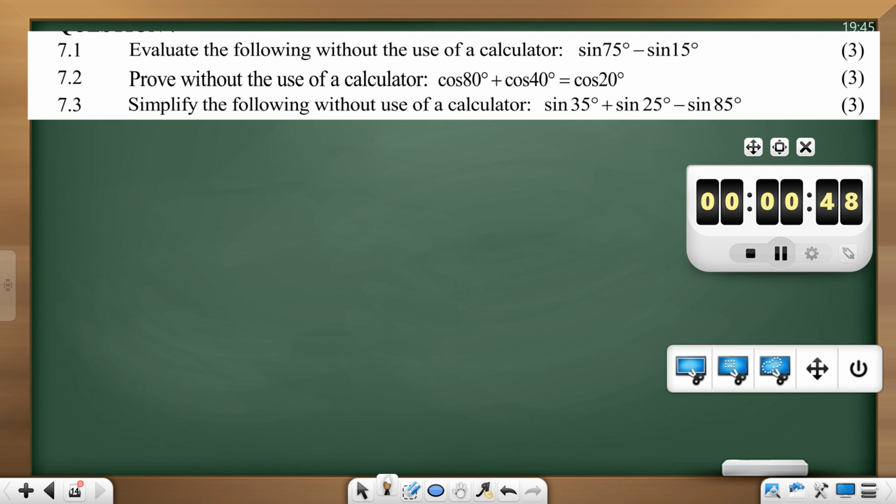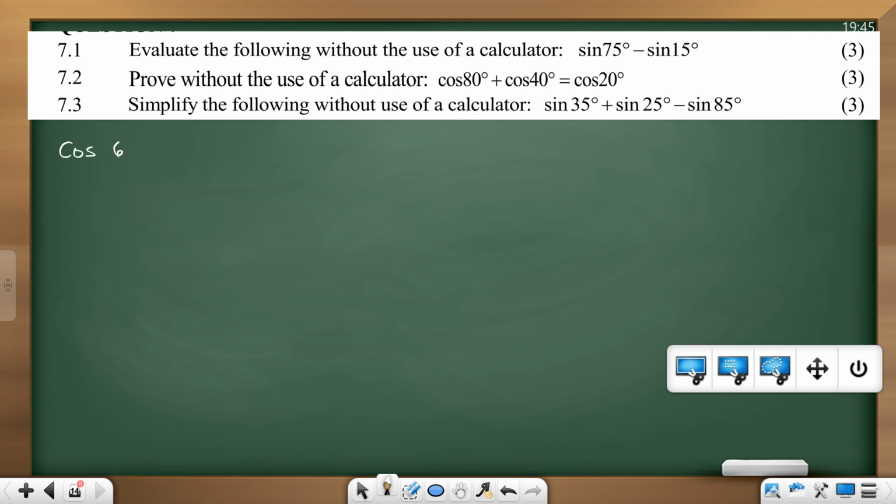Don't forget, cos starts with a C, the sign must change. The third one, okay. Cos, guys, what is 80? 60 plus 20